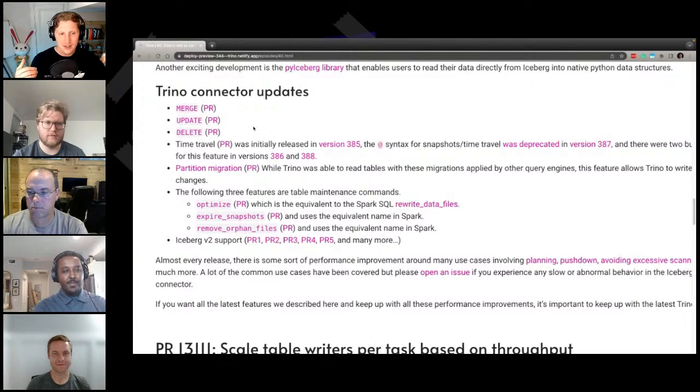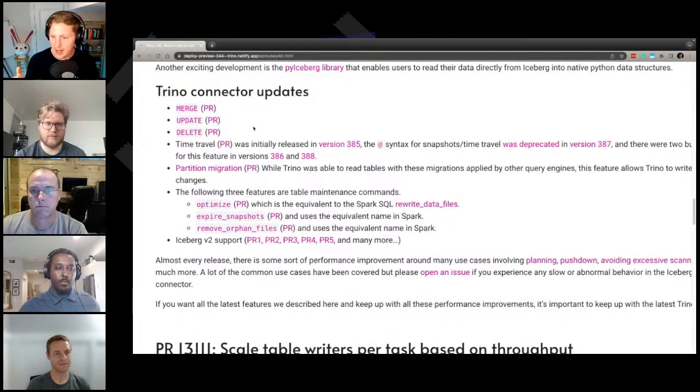And so now we're finally getting to this point in the last year, and specifically just 2 releases ago, we released the merge capability in Trino, and we're going to be demoing this here in a second, so I won't go too heavy into that. But if you don't want to merge, it's essentially similar.